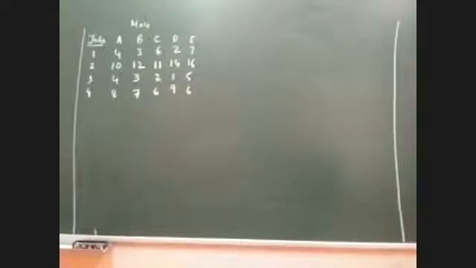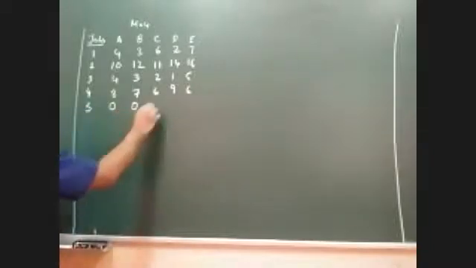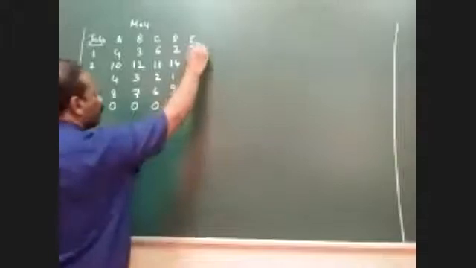Whenever I'm introducing an additional row or a column, what do you call that particular row or column? Dummy row or dummy column. Very good. And what are the elements to be introduced in the dummy row or column? Only 0. Only zeros have to be introduced whenever you are placing a dummy row or dummy column. So I'll directly write the values in the same question. You can see that the 5th row is to be a dummy row in order to make it balanced. So I'm introducing a dummy row called 5 and all the values of the row are 0.